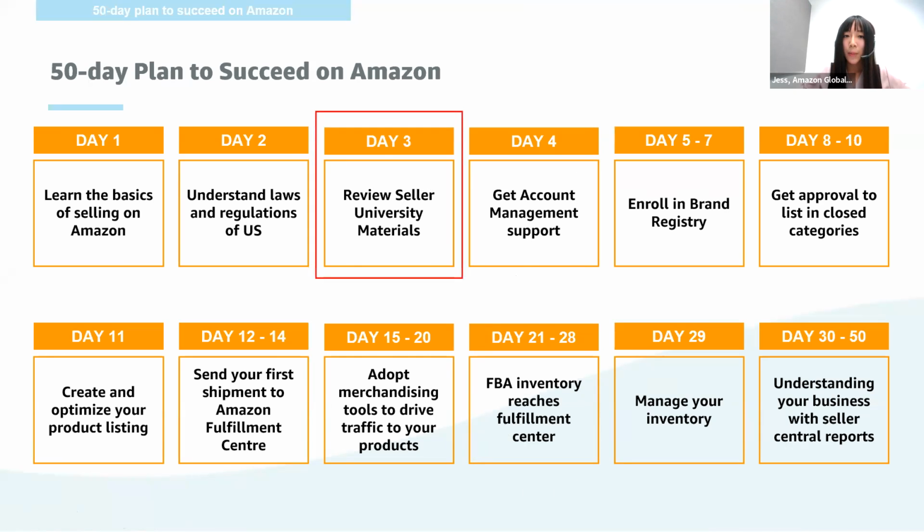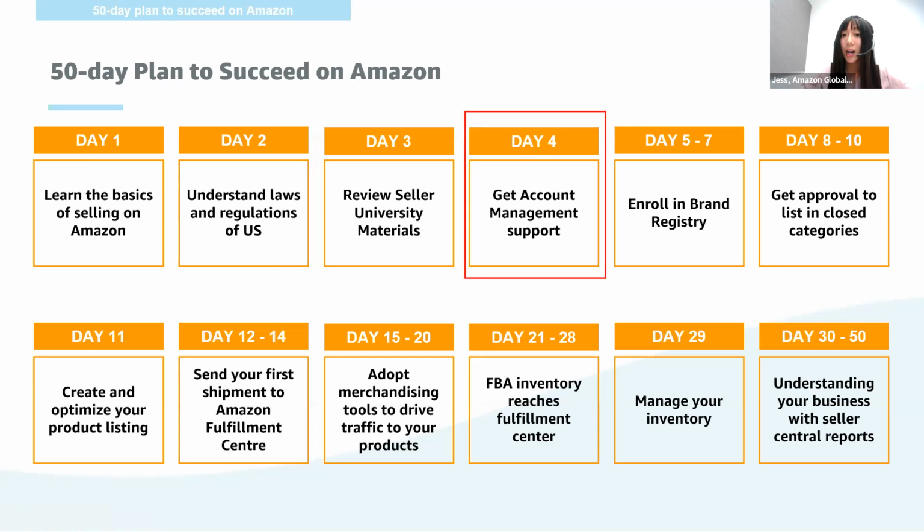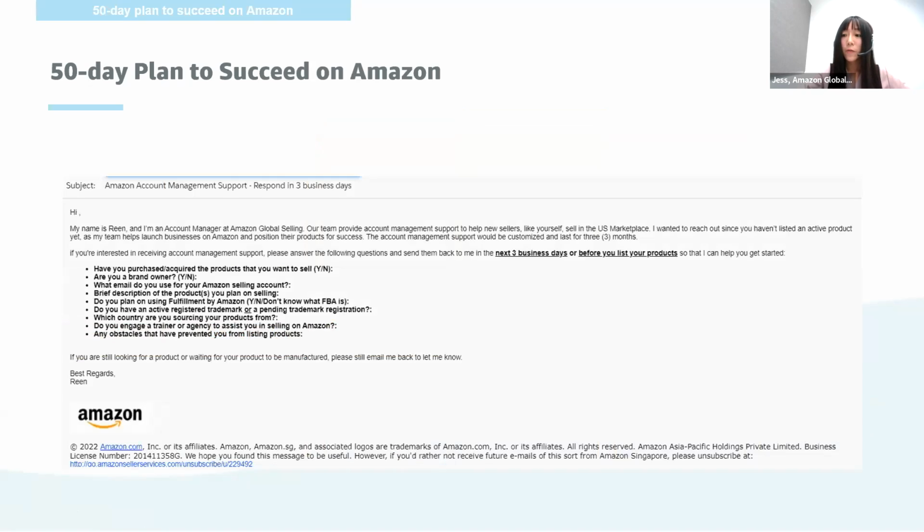Last week, I covered what Seller University is and how to access it. But today I want to talk about how you can get account management support. For all new sellers that registered for an Amazon.com selling account this year, 2022, you'll be eligible for 90-day account management support from our team. The reason it's 90 days is that according to our internal team's observation and analysis, the first 90 days is the most important to get you ramped up for selling on Amazon.com. Subsequently, it very much depends on whether you do your homework, like attending webinars like this, attending Ask Me Anything sessions with our account managers,